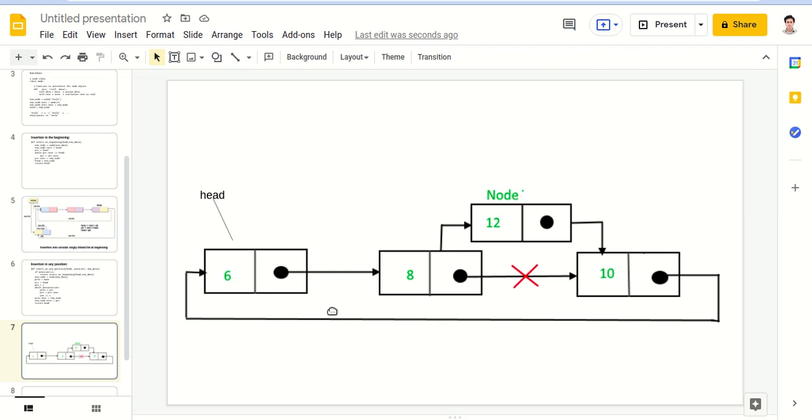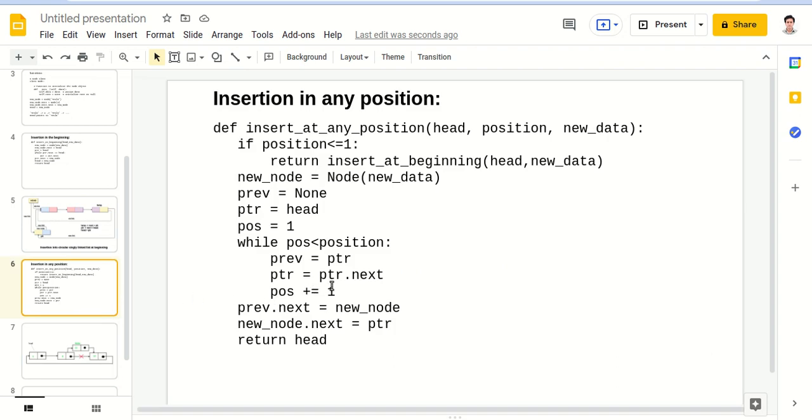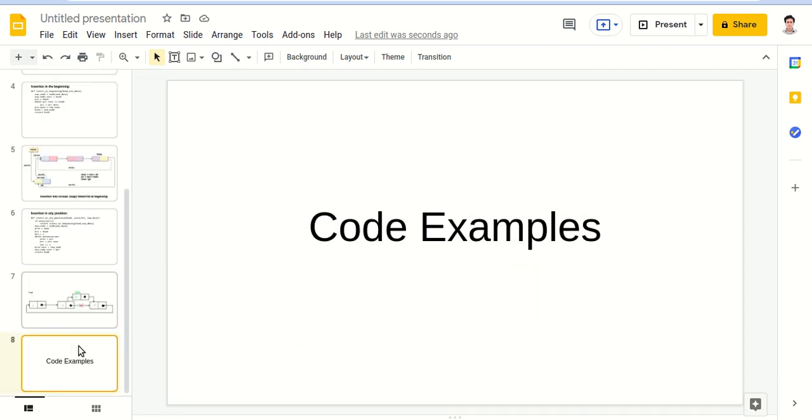Okay, that's what the concept is of a circular linked list. Whatever be the position, we will definitely reach it, because it is circular. There is no boundary on termination. Where the list will terminate, there is no boundary of that. So it will keep on iterating. We will keep on iterating through the same values again and again, and we will reach some value where the position will satisfy, and we will insert over there. That's it, guys. Now let's see the code examples.